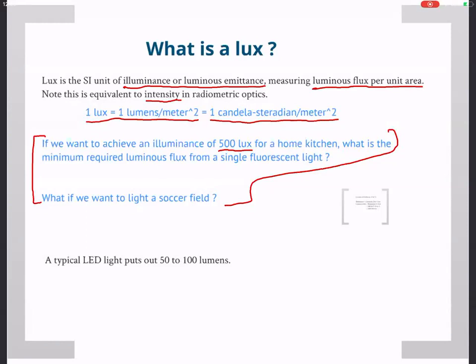Are you guys okay with the question? I don't hear anyone talking, so. Okay, sorry, I had muted myself. Yeah, so we want to achieve an illuminance of 500 lux for a home kitchen. What is the minimum required luminous flux for a single fluorescent? So 1 lux is 1 lumen per meter squared, right? And we want 500 lux. So don't we need to know the area of